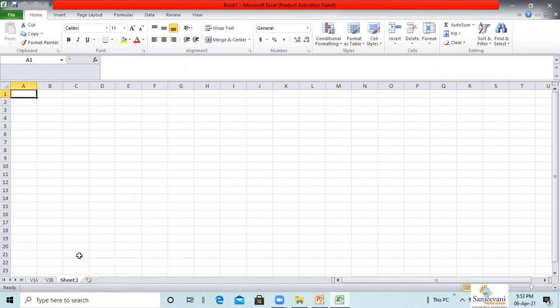Next is autofill. Autofill is a feature in Excel that allows you to quickly create a series of numbers, dates or other items that follow a particular pattern. Using autofill, you can fill the cells using predefined or user-defined series of data. Predefined series include Monday, Tuesday, Wednesday, Thursday, or January, February, March, April, and so on. User-defined series are 2, 4, 6, 8, and so on.